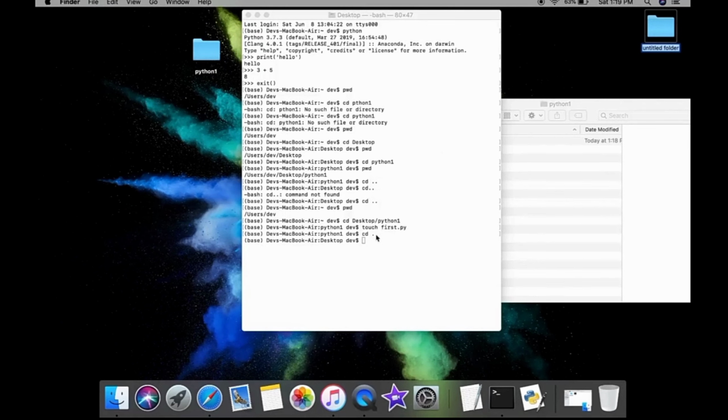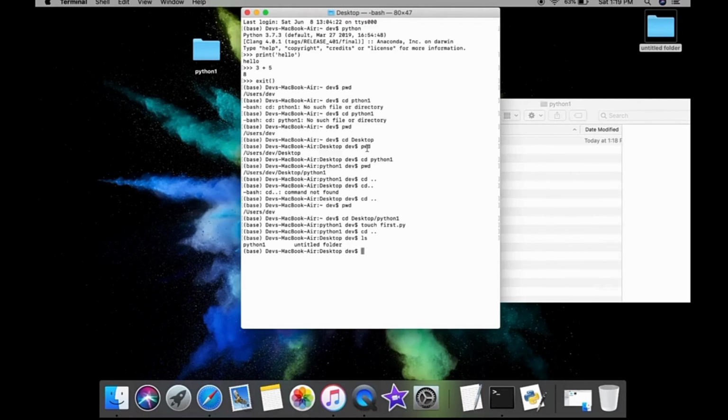This one needs to stay there, don't disturb these things. So to check, I will write ls. So here I have Python 1 and this untitled folder that I don't want to move. So this is one more basic thing here.